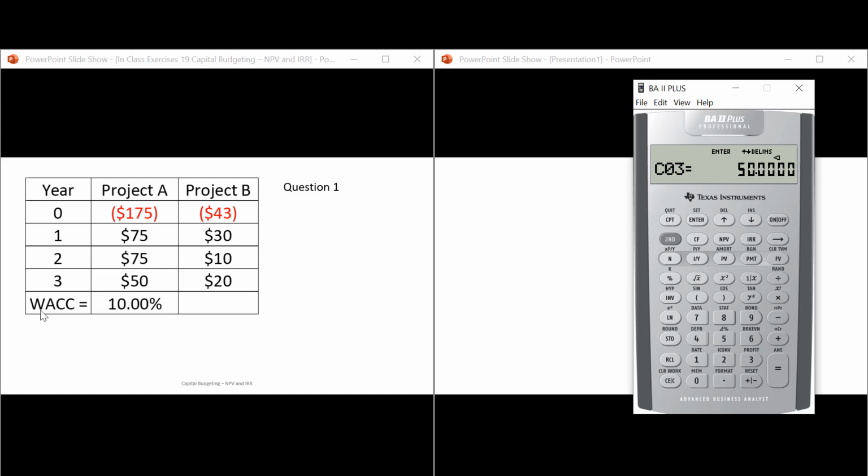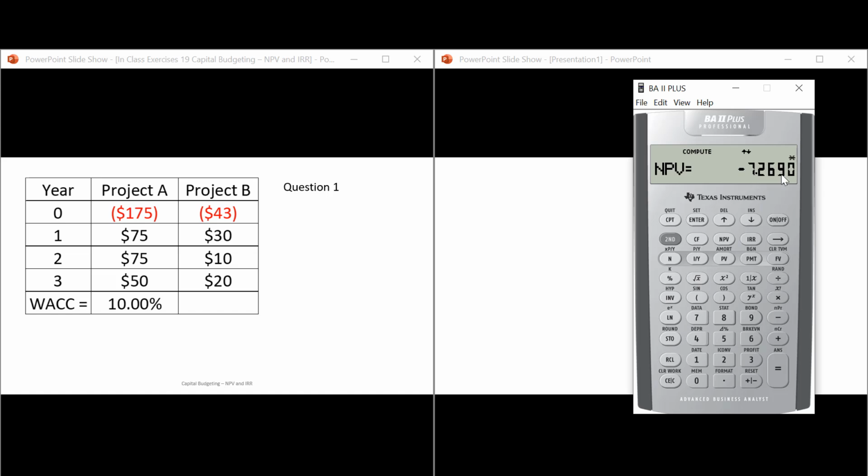Now we need to enter the discount rate, or from the slide, our weighted average cost of capital, which for now we're just going to take as given, and that's our discount rate. So what we're going to do is go NPV, and it's going to ask you for the I, the discount rate. And so we're going to put in a 10 and then enter. Okay, so we've entered all the information in this column, and now we want to calculate the NPV. So we're going to go with our down arrow, and you'll see it says compute NPV, and we just hit our compute key here,